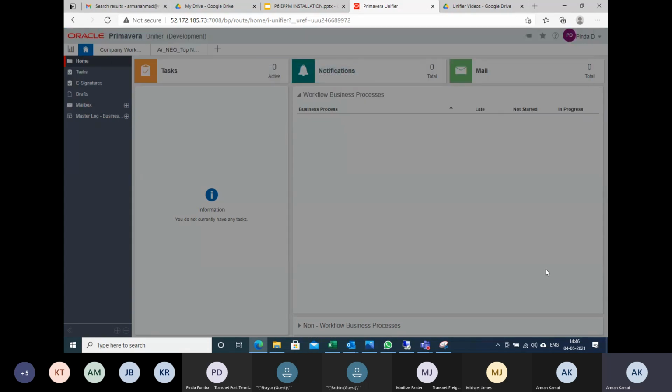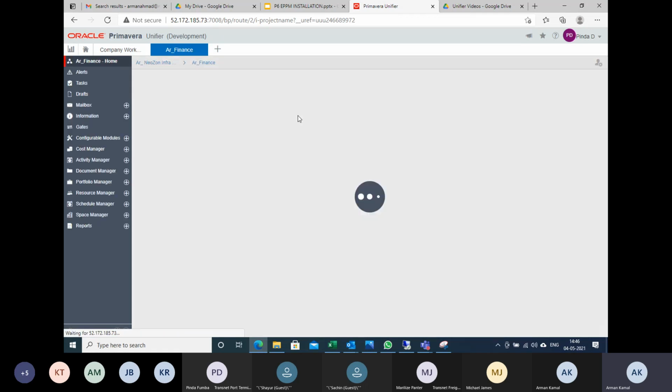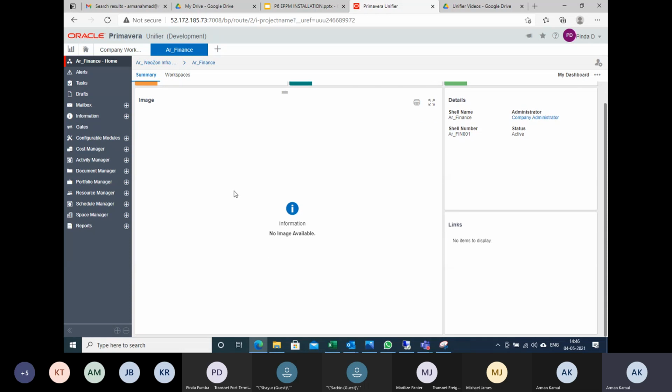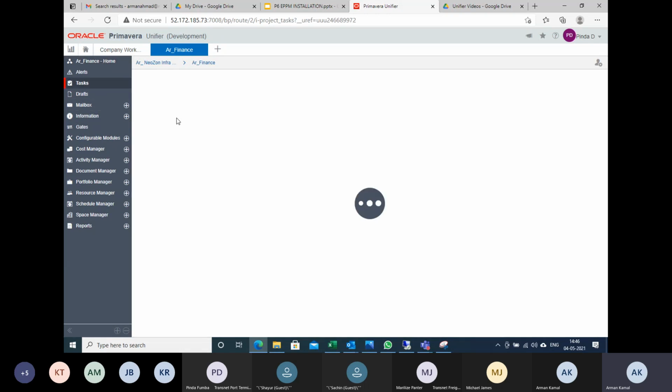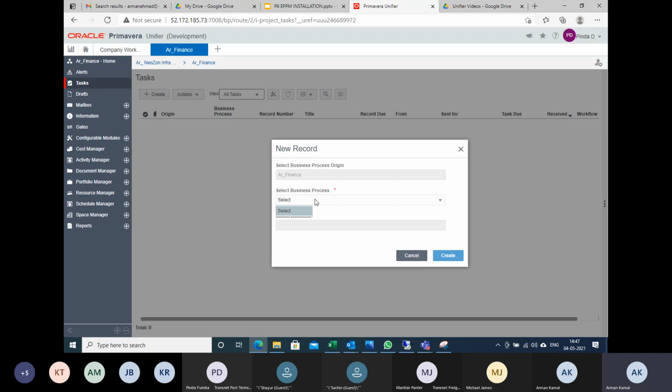Click OK. Now see, you do have very limited access. Now do you have any access to raise a request? No. So your profile has not been correctly configured.